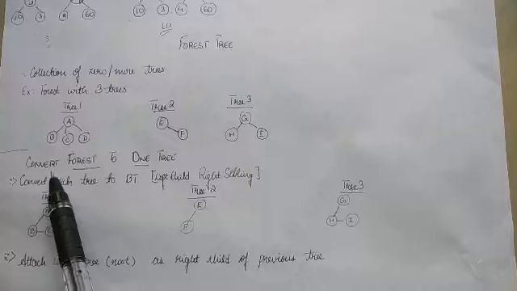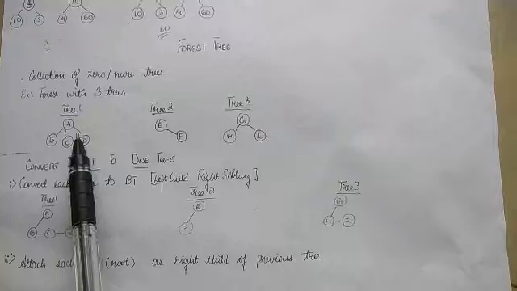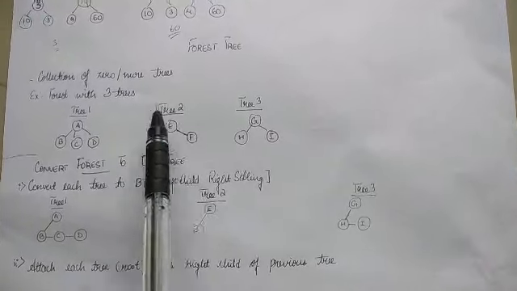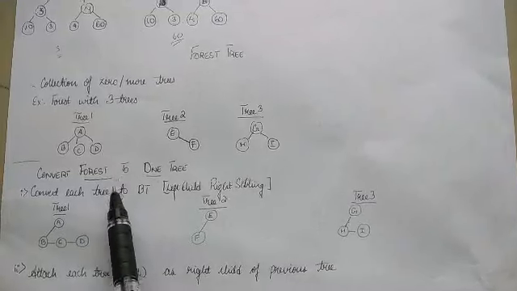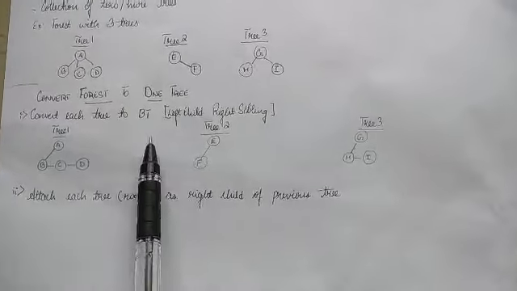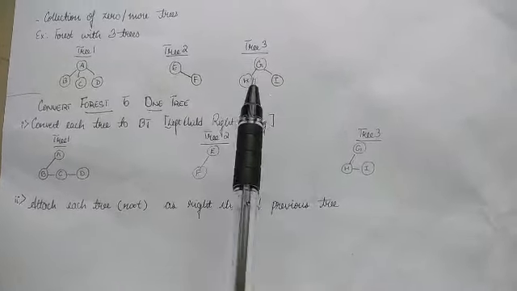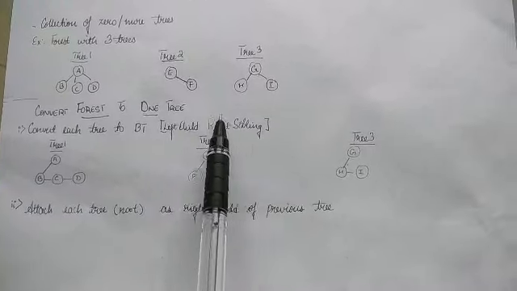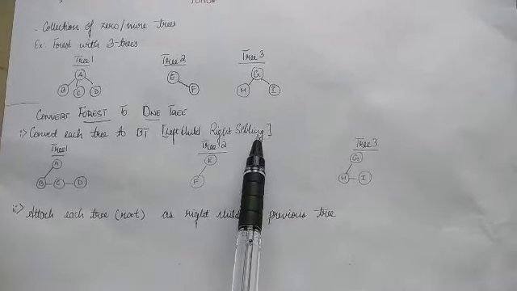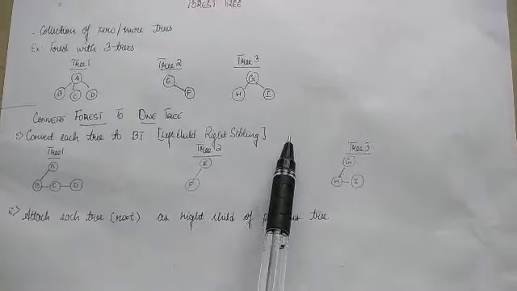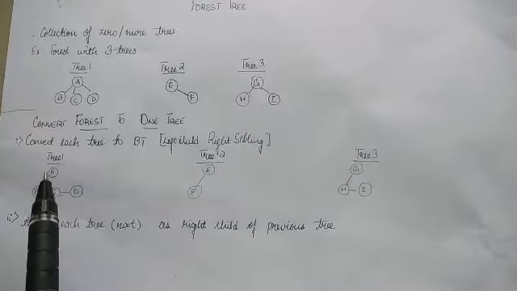Now let's see how you can convert a forest to one tree. Let's take the above example. We have 3 trees, isn't it? Tree 1, tree 2 and tree 3. Now we can combine all these 3 trees. First, convert each tree to a binary tree, that is left child right sibling. If you remember, in the previous videos I had already explained what left child right sibling is. It is one of the tree representations. If you have missed out on the video, I will link it in the eye over here and you can watch it and get back to this video.